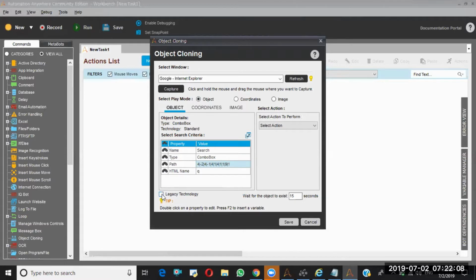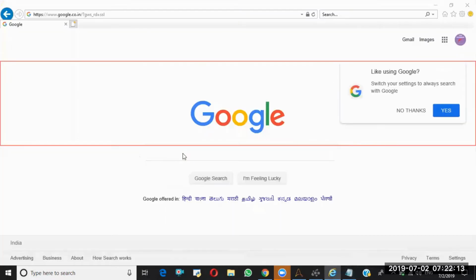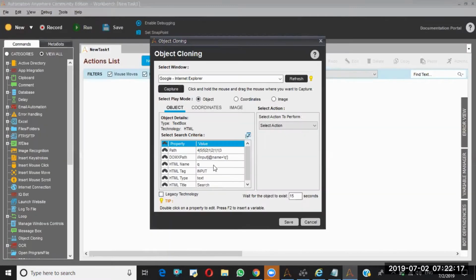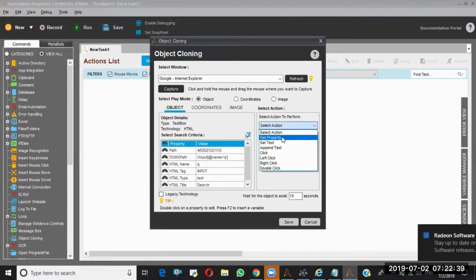So now I don't want the legacy technology as of now. Okay. And okay. So I'm able to spy that object. Okay. Once I captured that object, what I have to do? So here select action to perform. So here I selected. So do I need to get the property, or do I need to set the text,